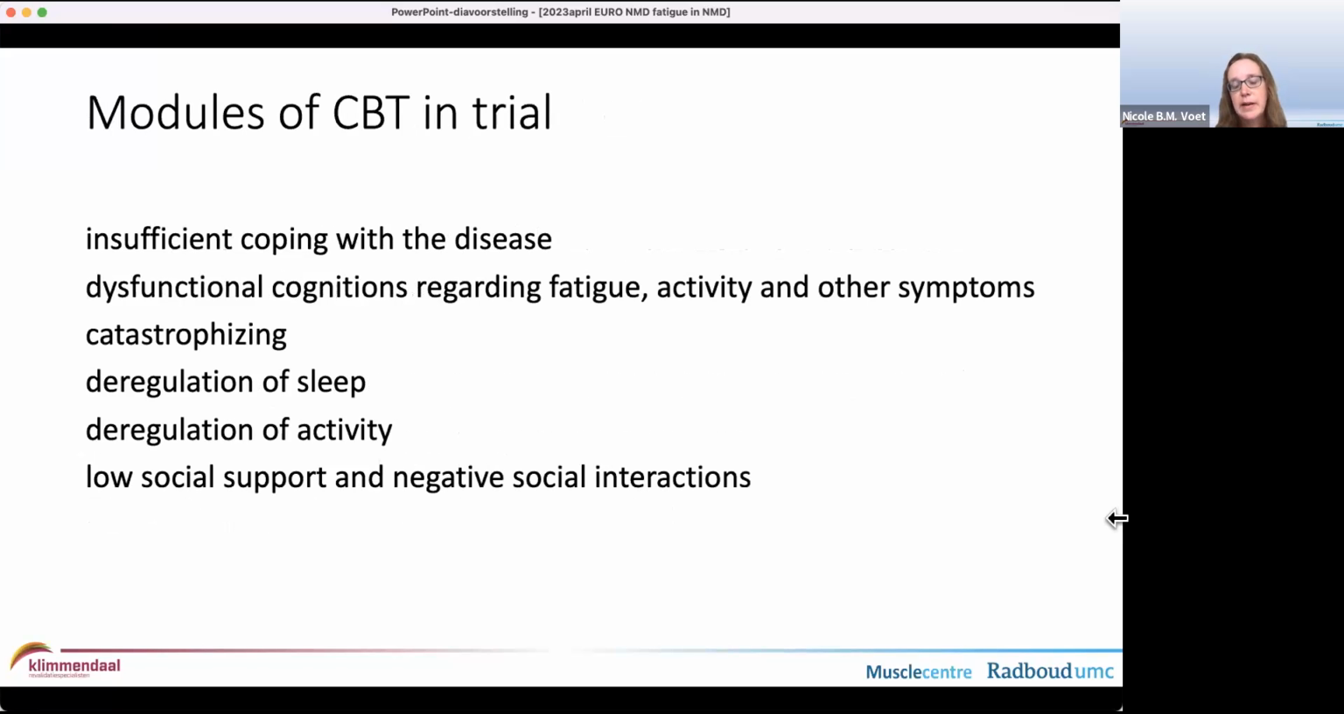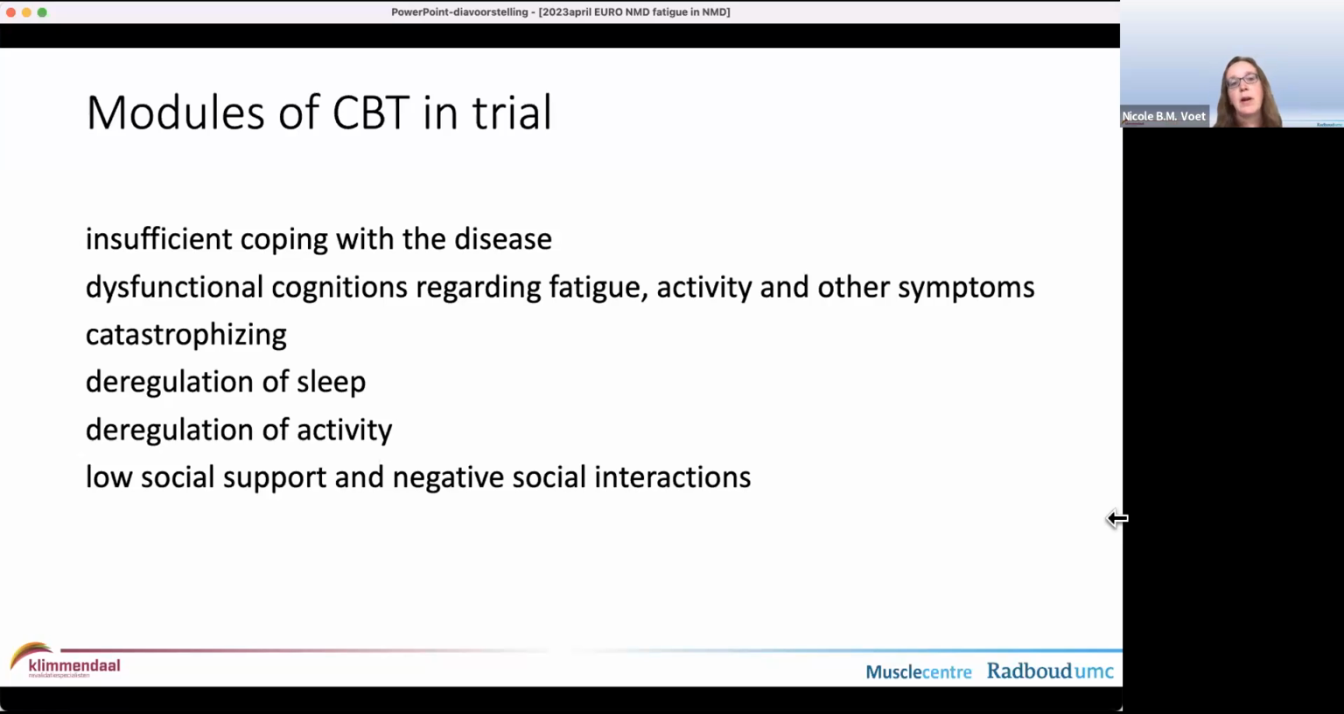Cognitive behavioral therapy is a therapy given by a psychologist and aimed to change dysfunctional cognitions regarding fatigue. For example, my fatigue doesn't go away. I cannot do anything about it. So to change dysfunctional cognitions, but also it aimed to change the insufficient coping with the disease, to decrease catastrophizing if it was applicable,